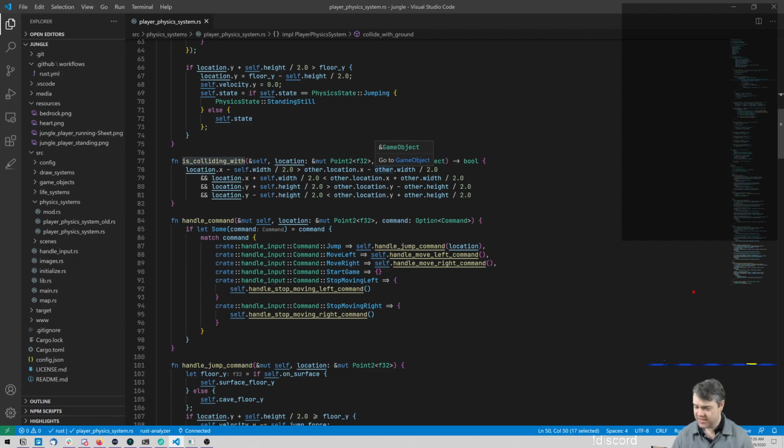I think the way we want it is the left side needs to be to the right, to the left of the right side. Our left side needs to be, okay, I'm gonna,